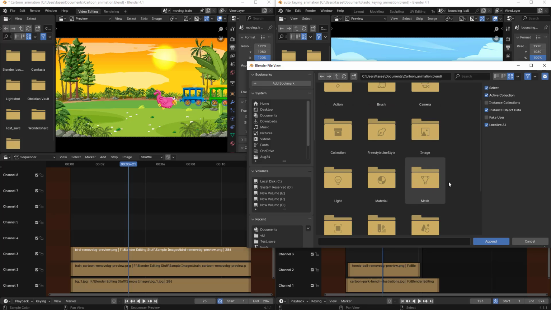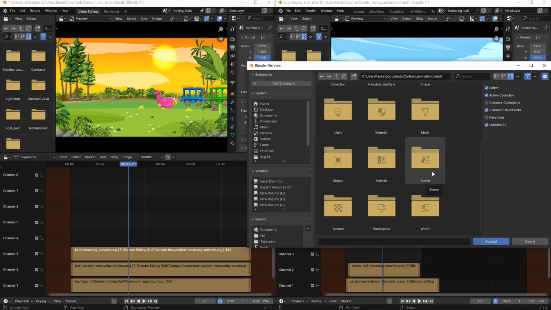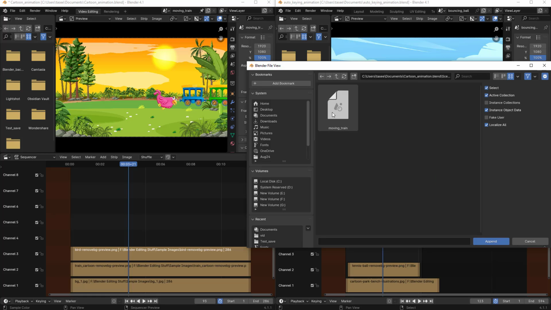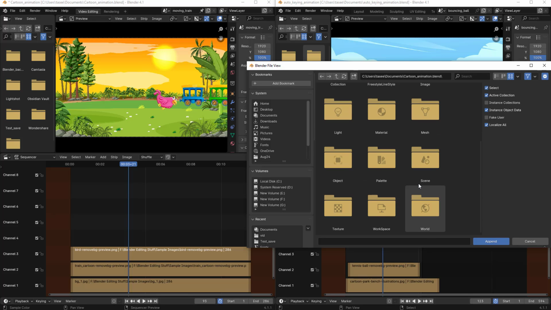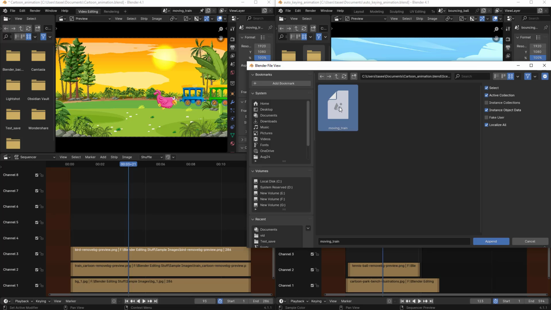Let me just go back and show you what all scenes there are. Because I was talking about scenes, here are the scenes options. If I click on this scene and then click on move, then it should automatically come from here. But there are lots of other options. You can bring a particular section like palette, object, scenes, everything, whatever you want, from this project to this project. But here I'm just talking about scenes. So let's go to scenes and then click here